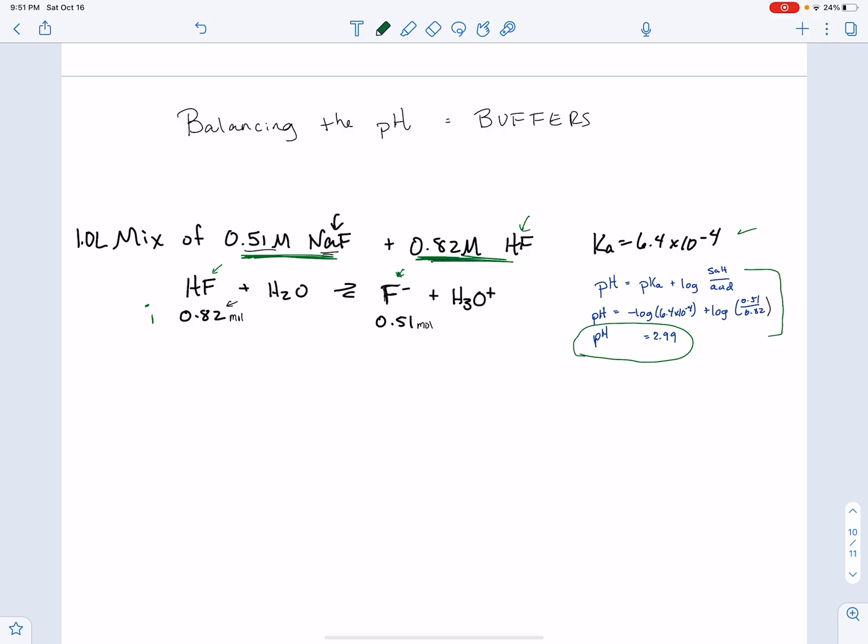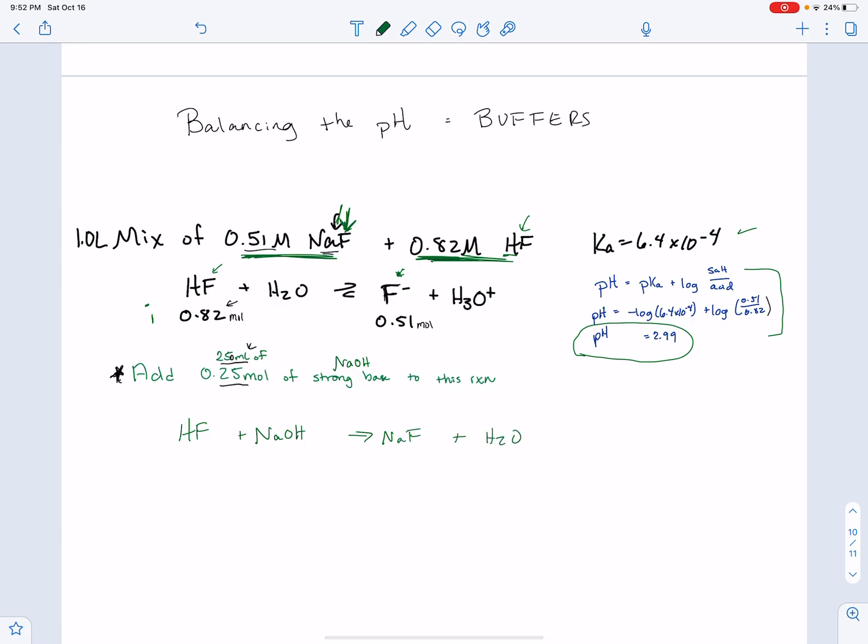So we're going to see how much this pH changes if I do this. Oh, by the way, this is a 1 liter mix because I made this nice and easy. That's what these are all moles now if I do a 1 liter mix. So what happens if I add that much strong base to this reaction? And let's just say that the strong base is like NaOH or something like that. So here's my reaction. I've got my HF, because it's not going to be interested in the Na, it's not going to be interested in the F side of things. It's not going to be interested in that because it's going to be looking for something that has a hydrogen. So HF is the side that's going to be affected with my NaOH, and it's going to make NaF plus